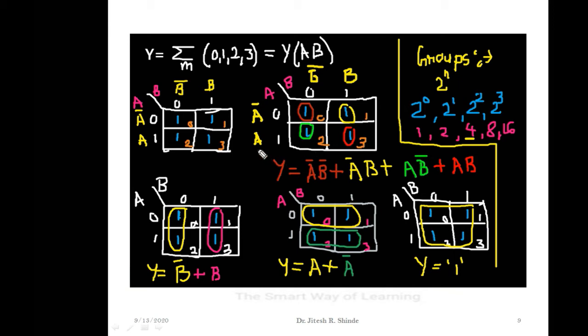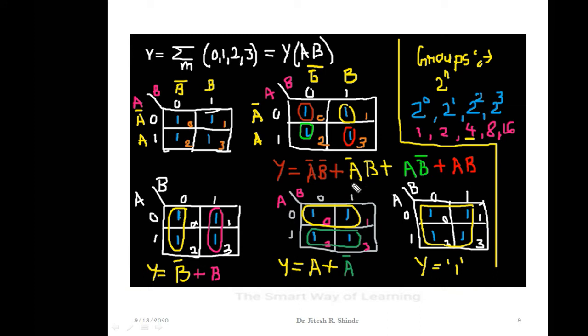So how am I forming the min term? I am just tracking the rows. What is the corresponding term to that particular row? What is the corresponding term to that particular column? The common one is what we are getting. So this is the expression I am getting. How many min terms are present in this expression? There are 4 min terms. So I will require 4 AND gates, plus 1 four-input OR gate.